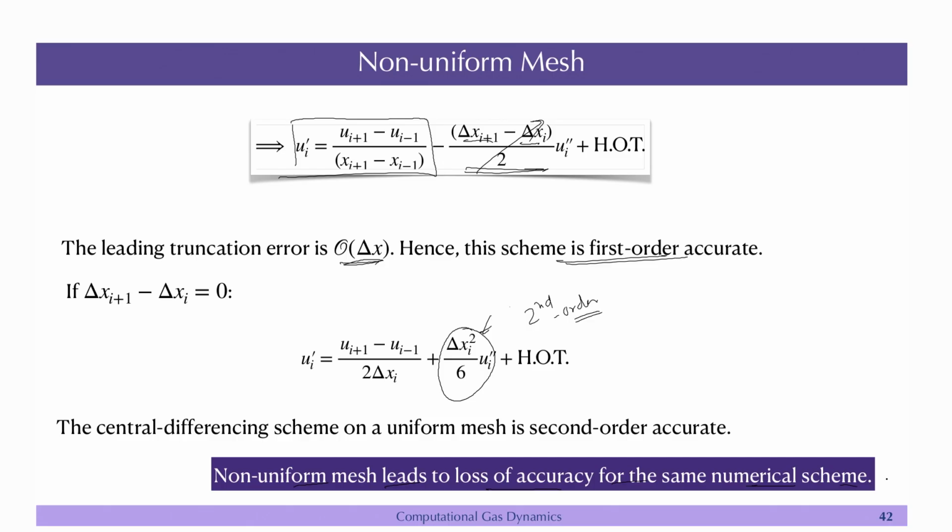Now, it depends on how much is the difference here. So, if delta x_{i+1} is very close to delta x_i plus, let us say, a small term delta, then the first order error term is not very big, but let us say this is very different and this delta term is very large,